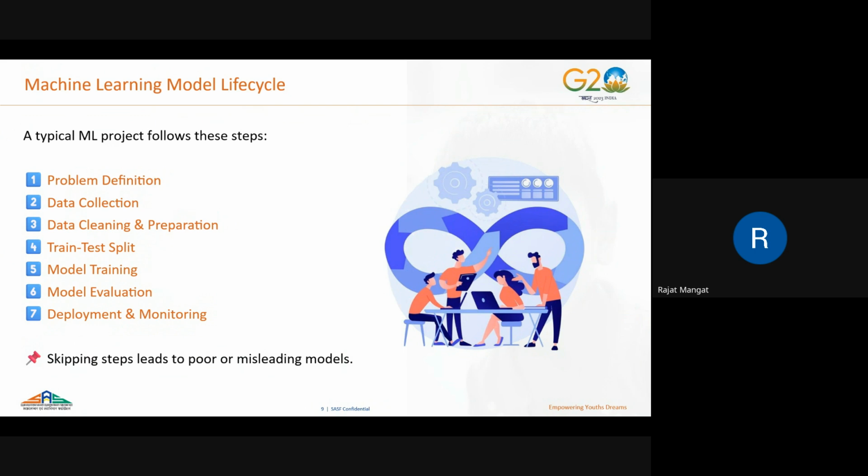Okay. So the train test split is done after the data is clean. That we usually do in an 80-20 ratio, like 80% for training and 20% for testing. Then model training is being done. After that, model evaluation means we will be using that test data, that is 20% data, in order to evaluate our model. How much is its accuracy, how much is error there, how good results we are receiving, etc. Then after the model is evaluated and tested and seen that okay, the model prediction is good enough, then we deploy that model and start using it. Okay.